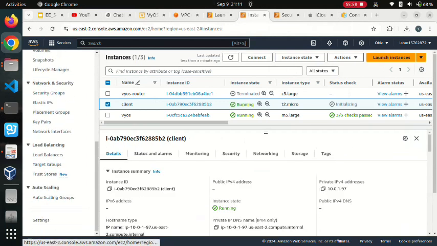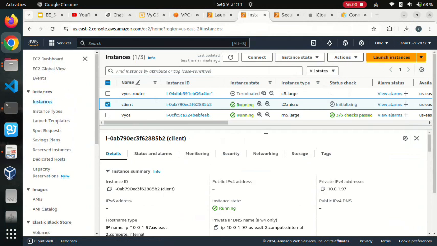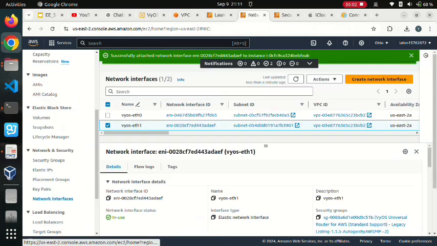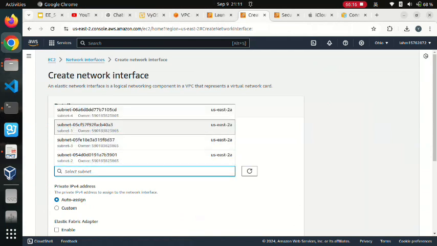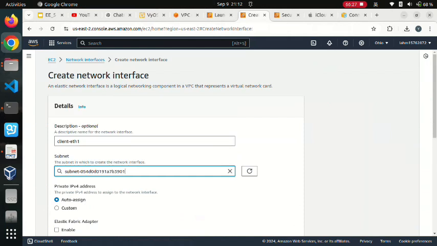I can go to the interface. Where is the network interface? It's here. It's actually network interfaces. And let me create the new interface for this one. It should be client Ethernet 1. And let me select the subnet. Yeah, let me select the subnet 2. Why? It's up to your